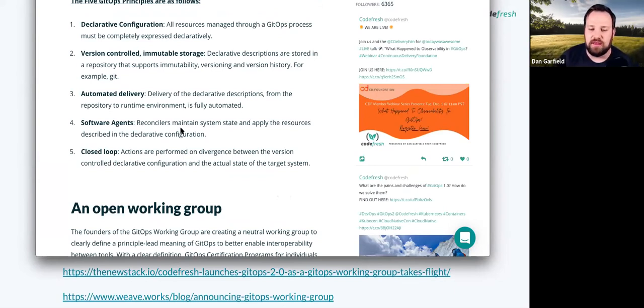Technically, this agent doesn't have to be on the cluster. That's the most common pattern, but it's not necessarily required. You just need some kind of reconciler that's doing the deployment.